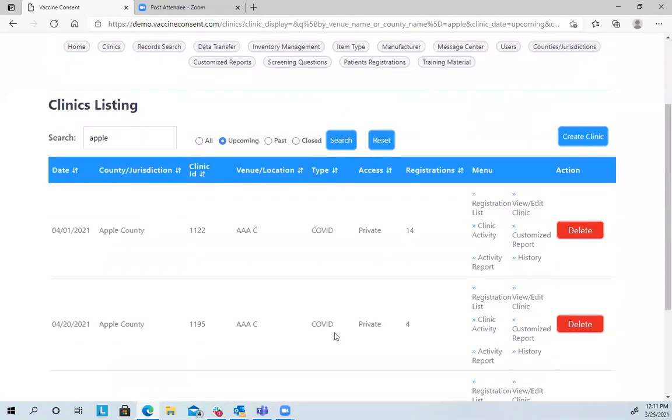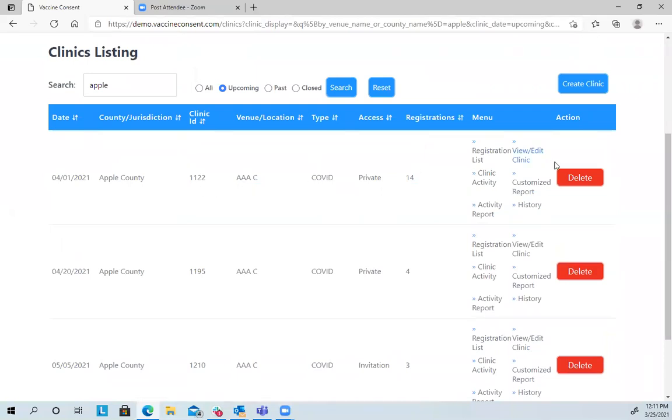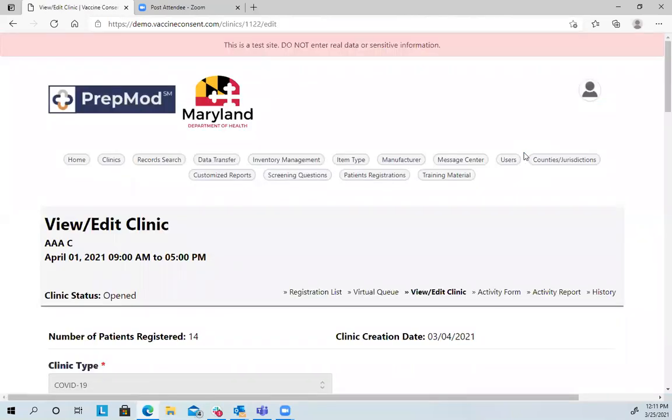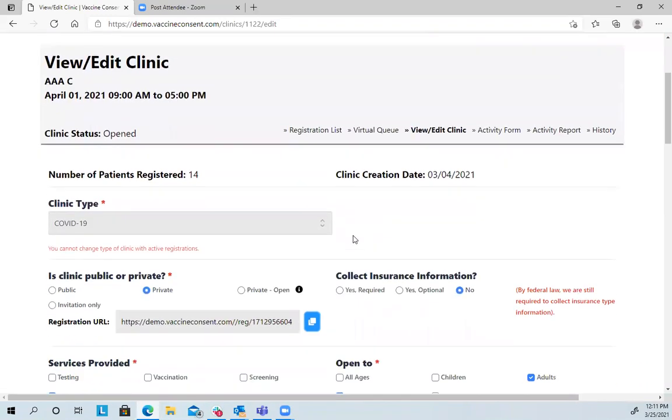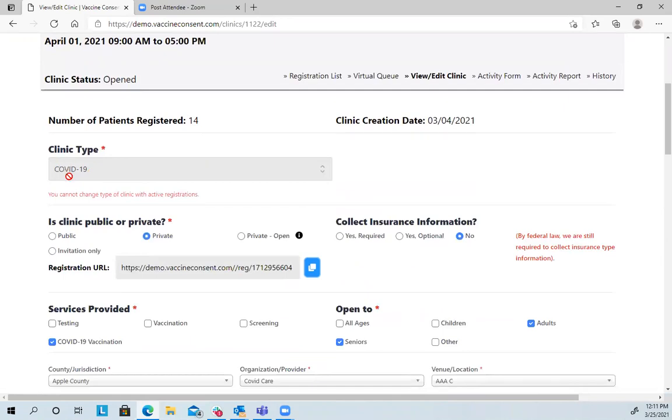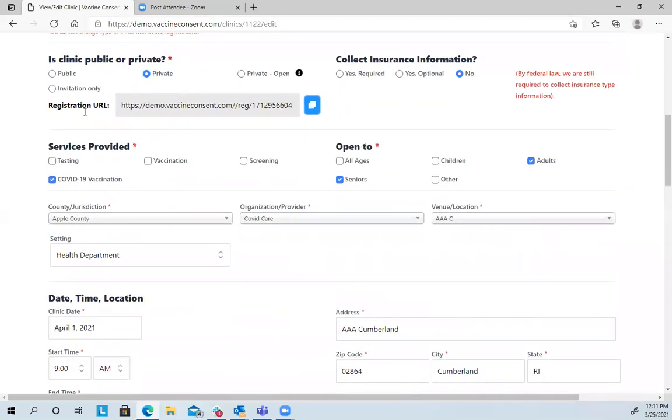All right. So we're going to look at our clinic that we have here on 4-1. To get ready for clinic day, let's go to view and edit. That's where we add staff and we add inventory. Now there's several ways a clinic can be set up. When this clinic was created, it was chosen as a COVID-19 clinic, which means all the health questions that people who registered for this were related to a COVID-19 clinic. If it said flu here, they may only have 4 questions asked of them because they're flu questions. They then had to pick what type of clinic they were doing.